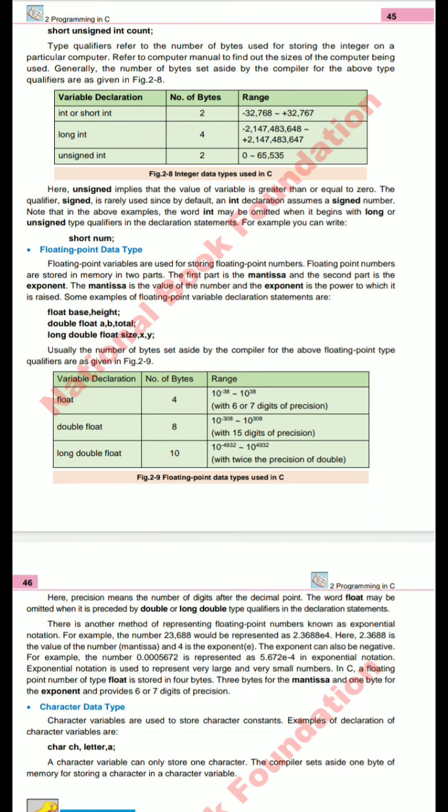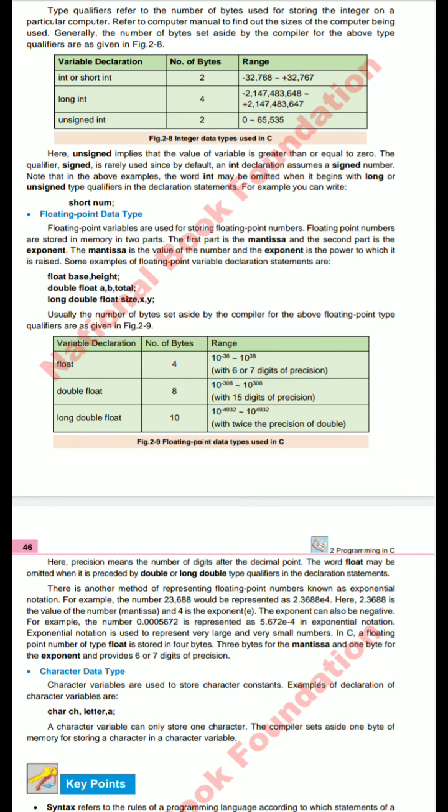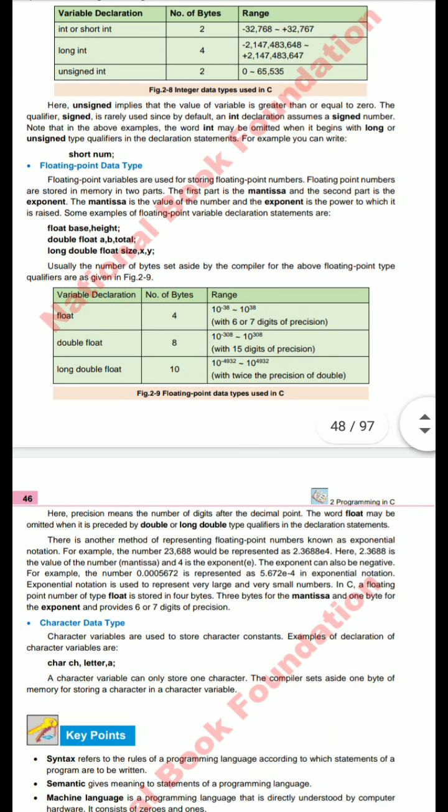Floating point numbers are stored in memory in two parts. The first part is the mantissa and the second part is its exponent, or the power. Float base, height; double float a, b, total; long double float x, y.